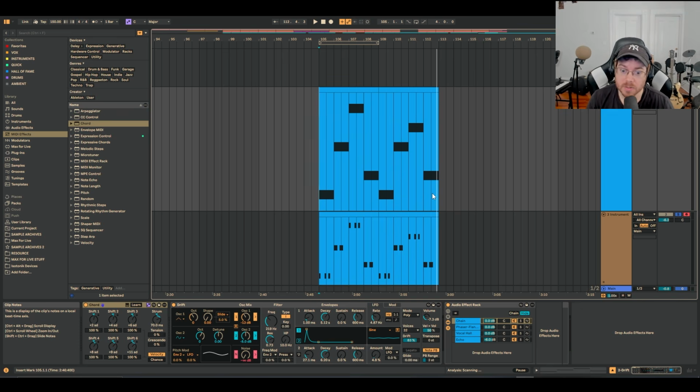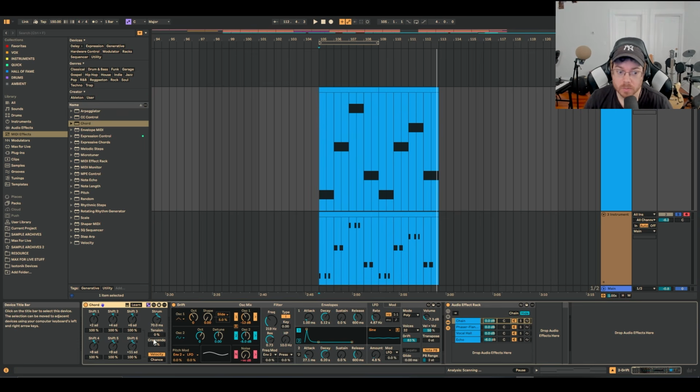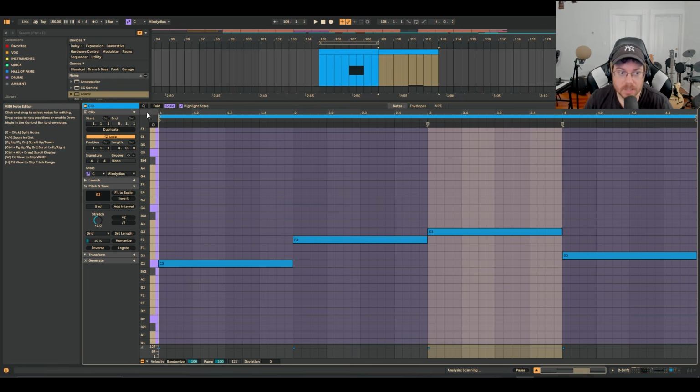If you're in a minor scale, you can change it to Dorian. It will change up the sound of your chords. Or to a pentatonic minor, it will take away the half steps, change up the sound of the chords that you're using on that chord preset in the MIDI module. Really, really useful way to write music and get a lot of results fast without getting bogged down in that